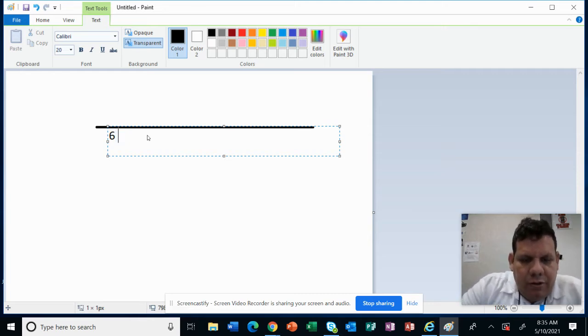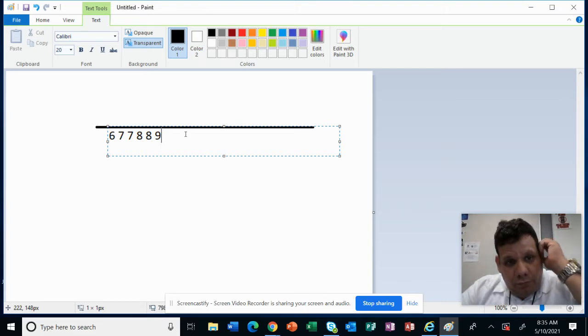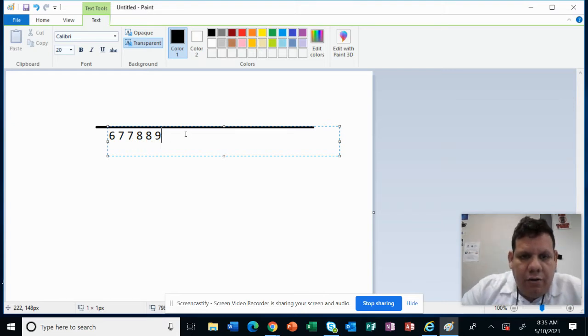Then I have another which is 7. Another is 7. Two more are 8 years old. And we have one that is 9 years old. And then we have so far 1, 2, 3, 4, 5, 6. And then we have another which is